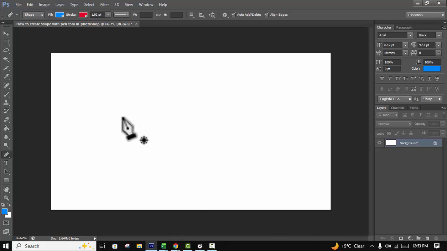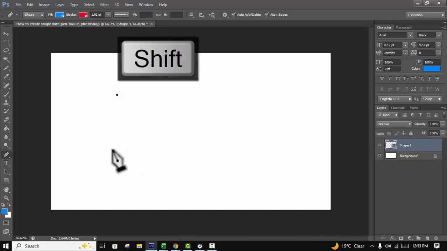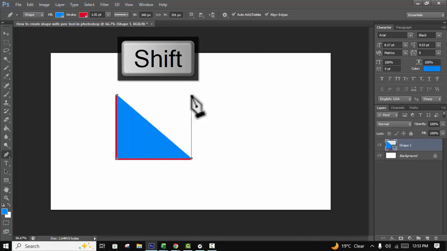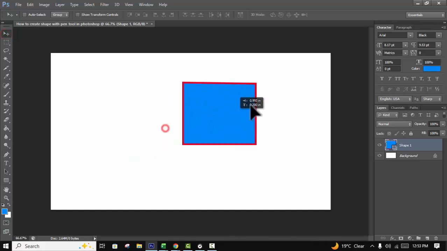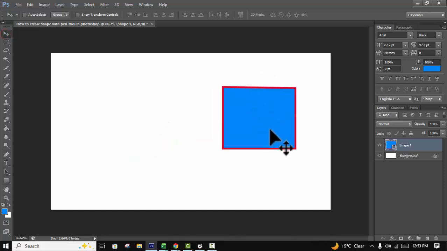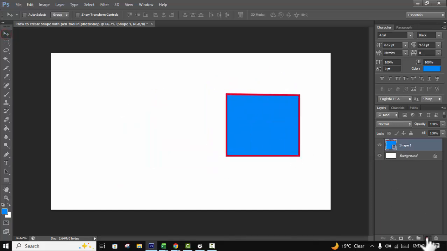rectangle or square. Click anywhere, hold shift, and adjust. And now make a shape. Again create a new layer,